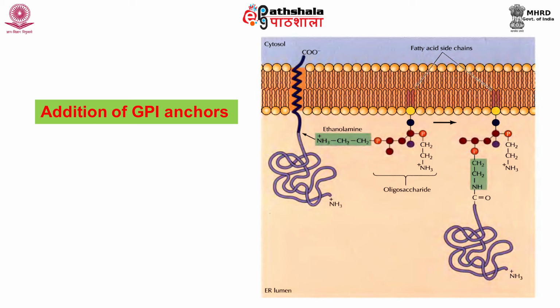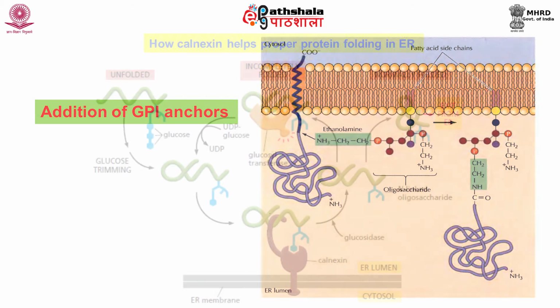Once protein synthesis completes, the anchors are added to the C terminus of certain proteins. For this to happen, the protein is cleaved at the C terminus, and the polypeptide chain is attached to the GPI anchor in such a way that the protein remains attached to the membrane only through its associated glycolipid. Then these proteins are transported through the secretory pathway as membrane components to the cell surface.